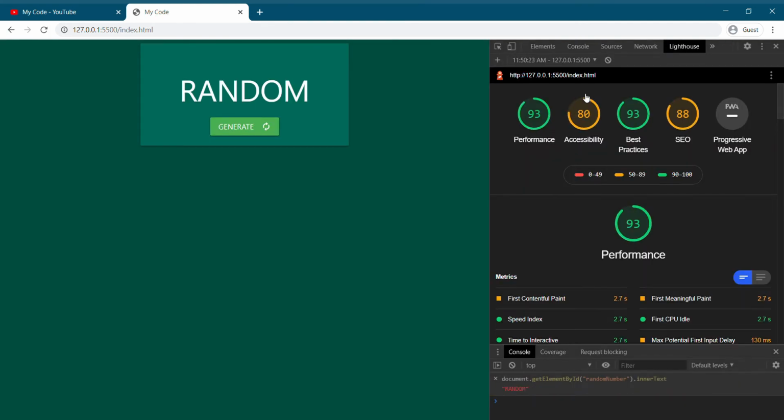So now you can see that SEO score has been increased from 75 to 88. So in this way we can address all the errors and warnings reported by Chrome developer tools, and you can increase your application's performance.